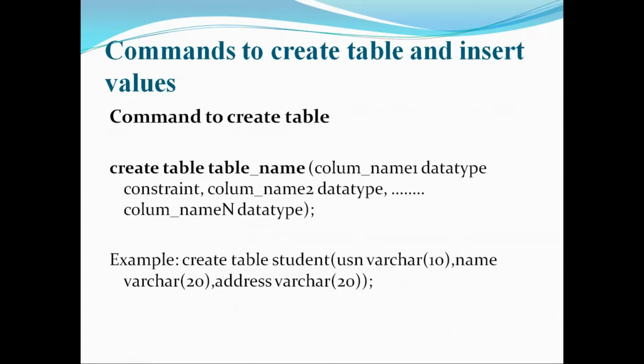In our example, we are creating the table called student. Just look at that. Create table student, that is the table name, followed by the three attributes. Here we are using three attributes called USN, name as well as address. All are varchar. That is, we can make use of a combination of both numeric as well as alphabets. For that reason, we are using varchar. This number indicates the size of that respective variable or the attributes which we are going to consider.